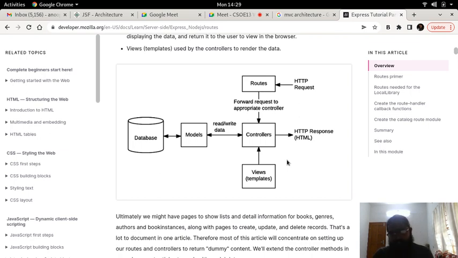Why did we learn something like this in software engineering? Of course, maintainability. Because if you are going to write the details that are required for the models right there where the controllers are going to be written, and you are going to put all the details about the views or the templates where the controller is going to be written, then essentially this is not going to be three different components, but one single monolithic component, which is going to be very hard to modify and maintain over a long period of time.